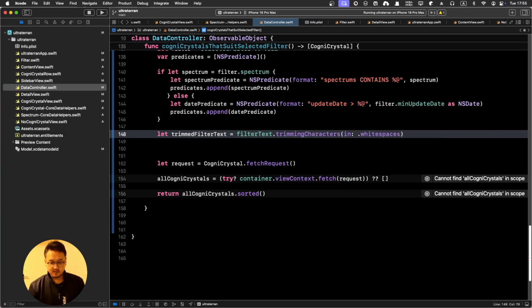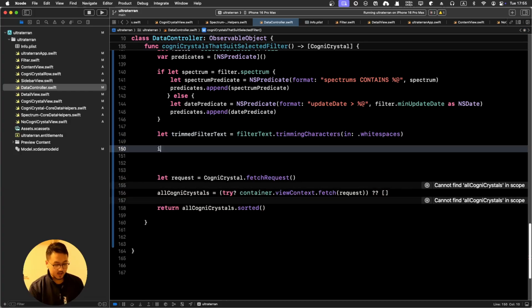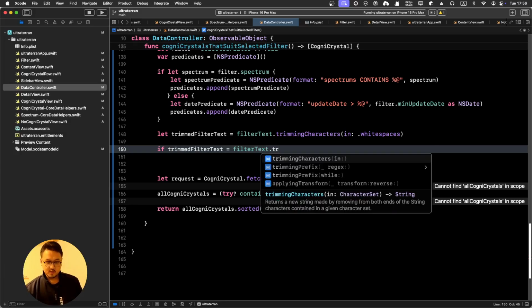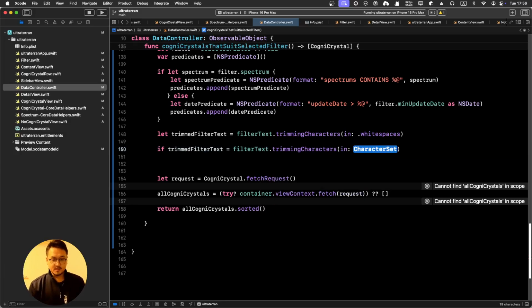Okay, of course you can ignore a lot of things. I think white space should do. And then we can add a logic here. So if our trimmed filter text equals filter text dot trimmed characters in